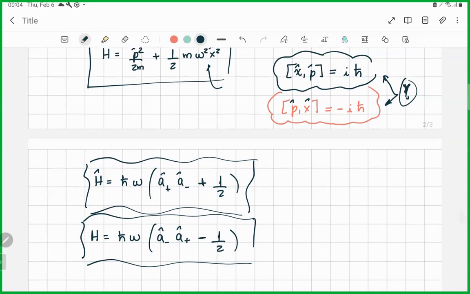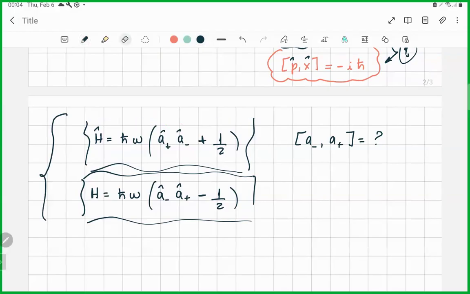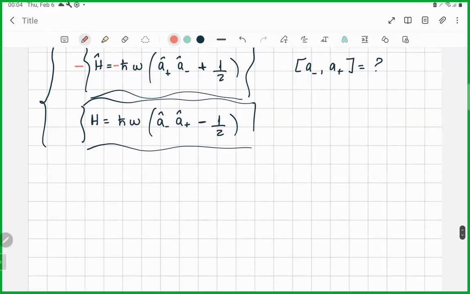Good. How about the commutators between these two new operators that we introduced, the a plus and the a minus? Can we find that? Okay, so my question now is, what is the commutator a minus, a plus? Can we find that? Well, look, the easiest way to do that is using exactly these two equations that you see. How? Look, what I'm going to do is, I'm going to put a minus sign in this equation, okay? And I'm going to add these two equations. Well, let me rewrite. So if I put a minus sign on the top one,